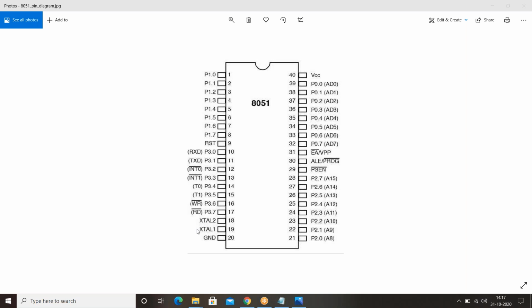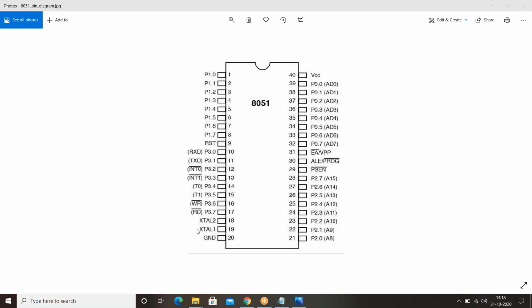And along with that, it is going to store the higher address byte pins. Okay, if you connect external memory to this microcontroller, it is going to store these higher address byte pins. Okay, so this is the use of this port 2. Okay, pin number 21 to 28.